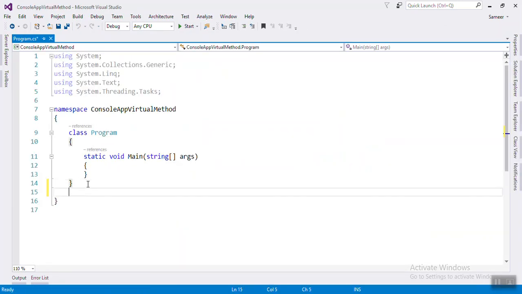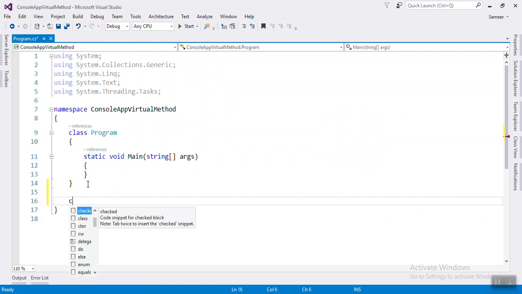Create one class that is a shape class. So here we are going to create one shape class that will be the base class and two derived classes. One will be the rectangle and another the circle. So we are going to create that area